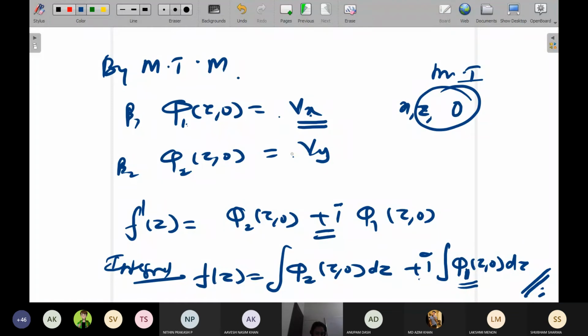We'll wind up here. Problems we'll do in the next class. Tell me, ma. Will that integrating equation be in z comma 0 or x comma 0? Z, ma. Milne-Thomson method means z. We are finding the analytic function. The analytic function will be in terms of z. And basically we'll be integrating that x which is replaced by z. It's very simple actually.